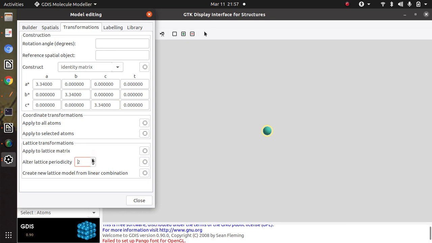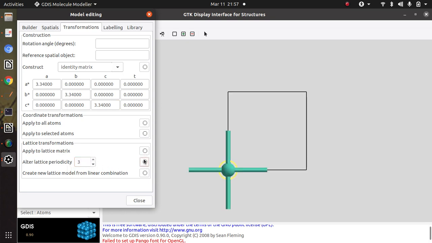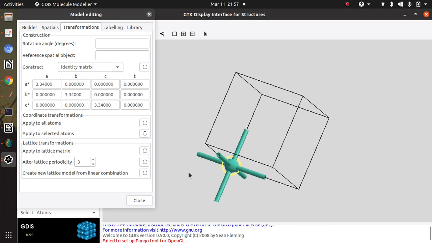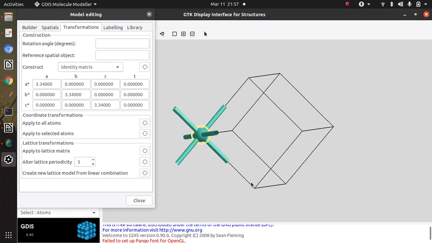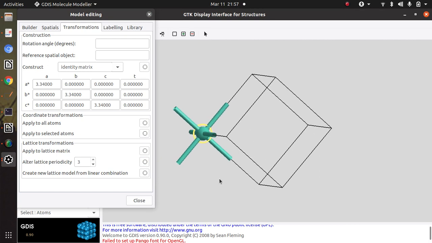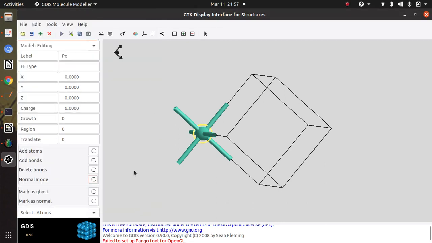Here alter lattice periodicity is 3, and I click on this. That means I can find this in a box. This is our simulation cell.